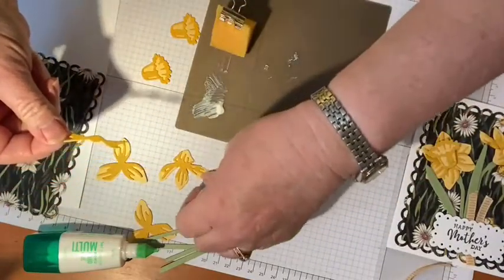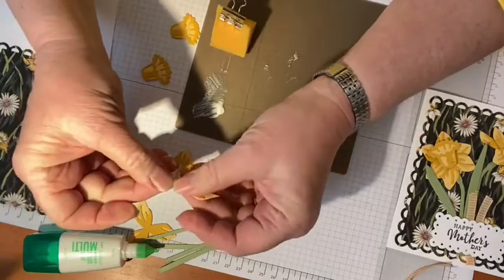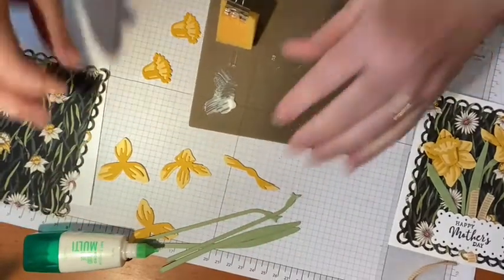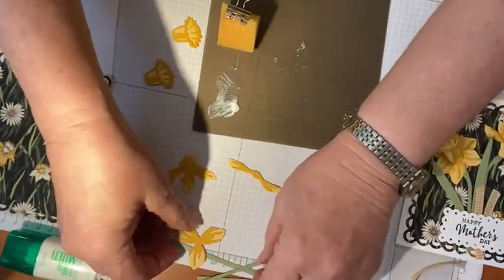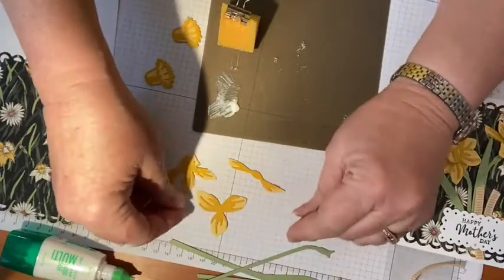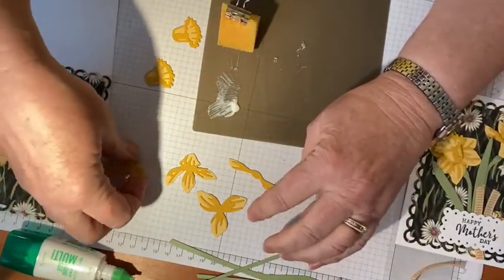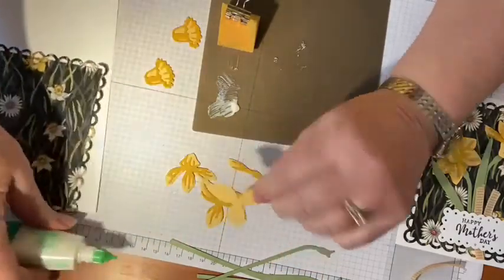Oops, I think it goes the other way. So now I've got half as many little dies to worry about, right? So there's two different ways to make these daffodils. There's also a little teeny bud one that I didn't use today. I probably should have. But you'll notice if I put those two together,